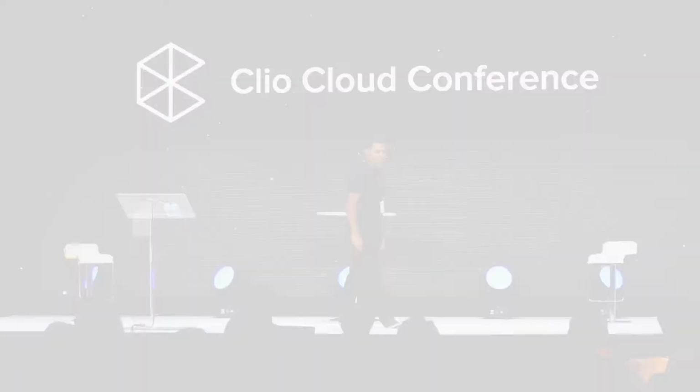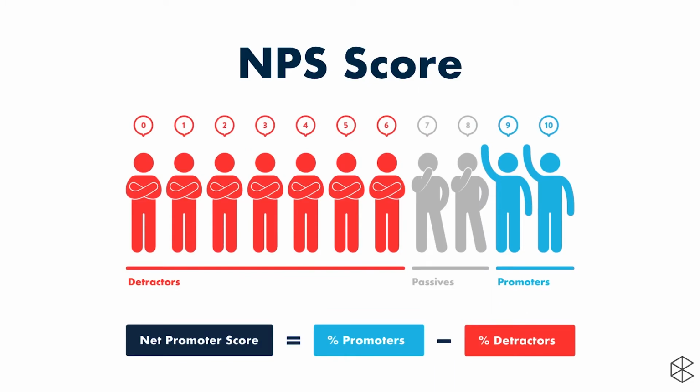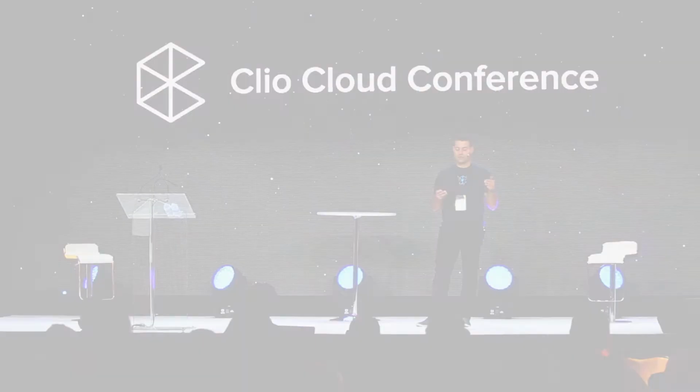We talked about NPS a little bit. Just as a reminder, NPS is a metric called Net Promoter Score. What it does is it takes people who get this question that says, how likely are you to recommend this service to a friend or colleague? And it asks them that on a 10-point scale, 0 to 10. Anybody who says 9 or 10 is treated as a promoter. Anyone who says 7 or 8 is considered a passive. And anyone from 0 to 6 is considered a detractor. You subtract the detractors, the 0 to 6s, from the promoters, the 9s and 10s, and you get a score.